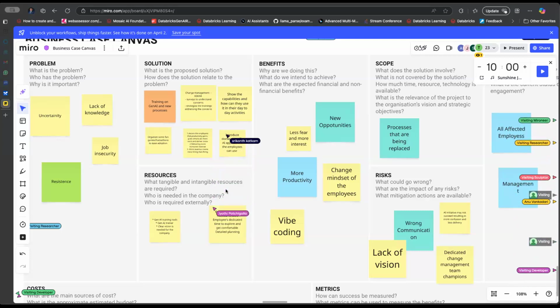And coming to the resources, we need GenAI tools, and they are expensive for sure. We need budget for them, and we also need dedicated employees' time to explore and get comfortable with this. And we need a separate team to dedicatedly plan and make sure